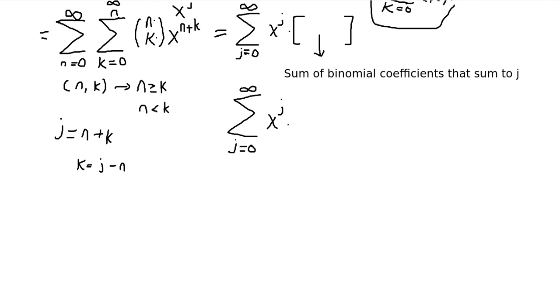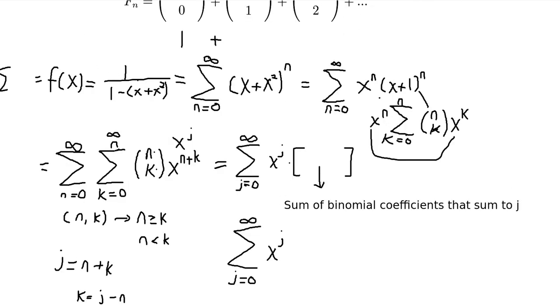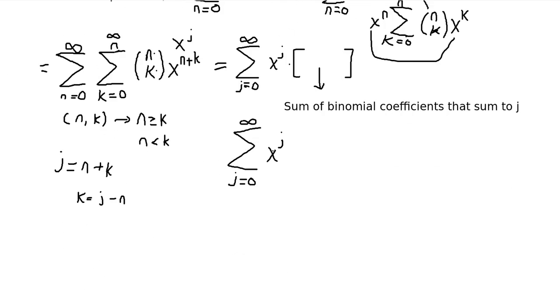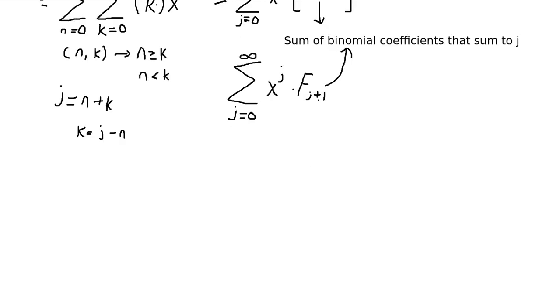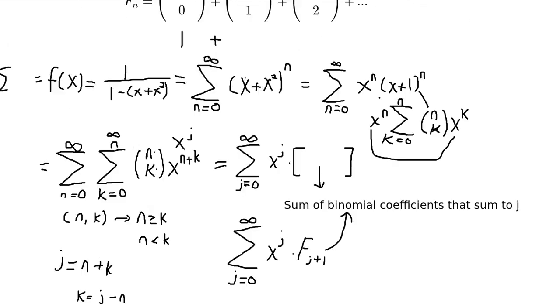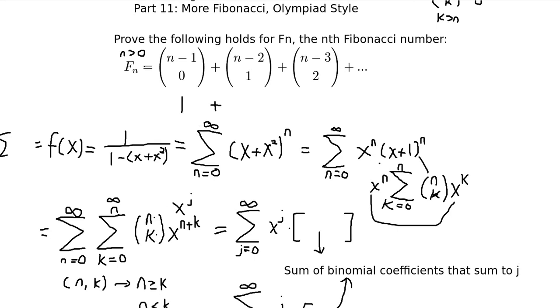That's the constant term, and we said that we're starting with f sub 1. So this is f sub j plus 1. In other words, we know that f sub j plus 1 is equal to the sum of the binomial coefficients that sum to j. So if we shift indices, we know that f sub n is equal to the sum of the binomial coefficients